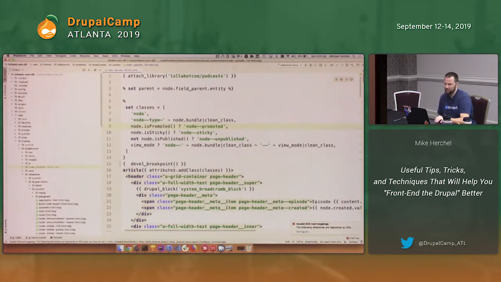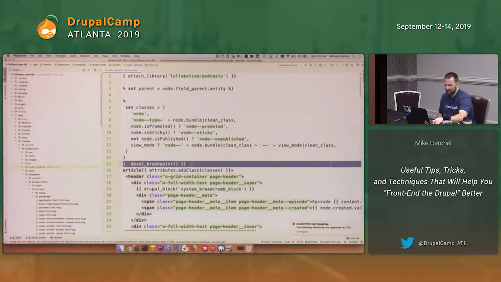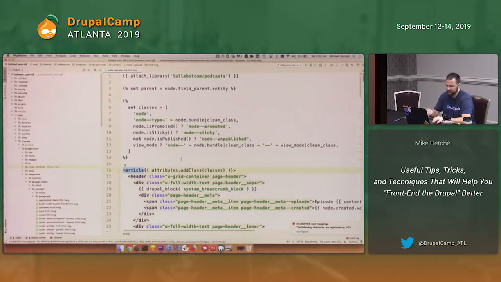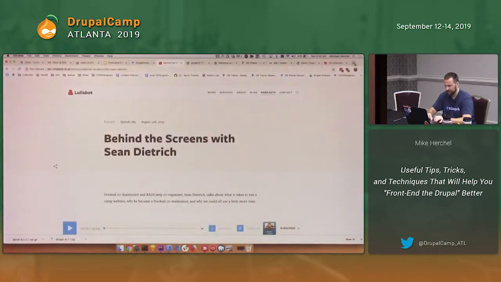So what I am going to do is, I want to print out the path. I want to traverse all these entities and entity relationships and get the path to this MP3 file. So if you install the Devel module, it enables,